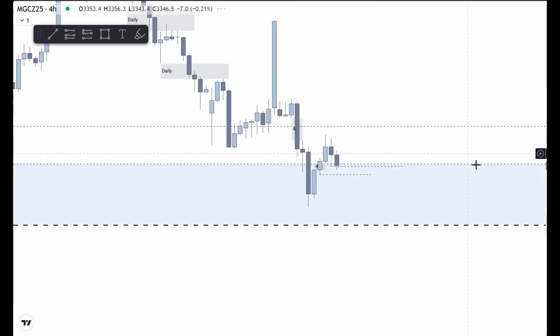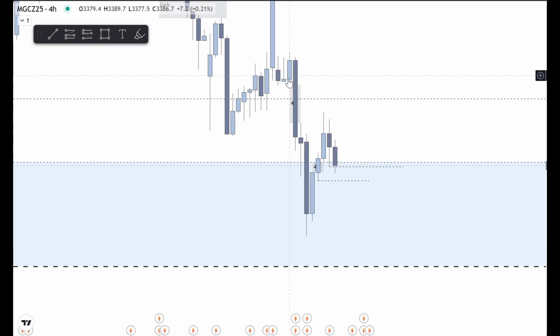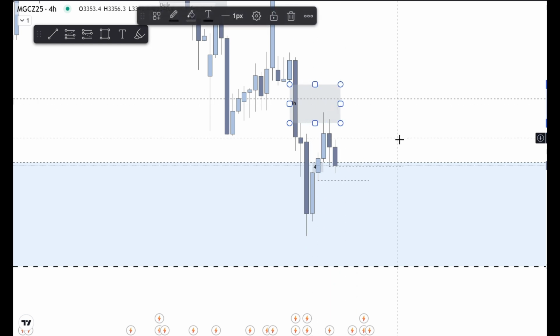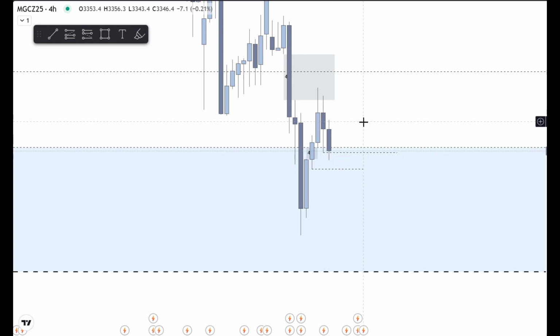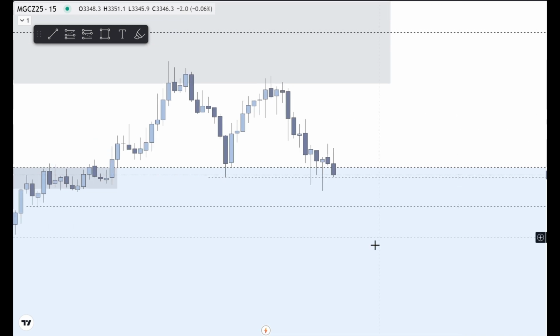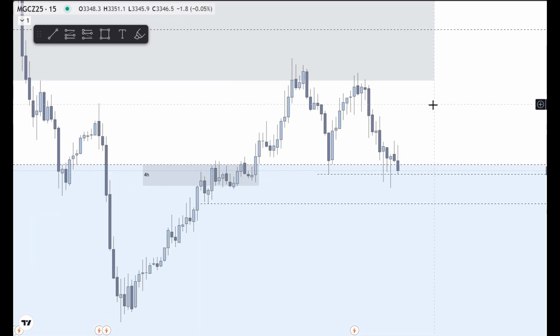So that's the daily, on the 4 hour, what can we see? We can see that there's this 4 hour fair value gap that currently is being respected by this two candle rejection. Now it's entering the area of opportunity. What I want to look for is two bearish order flow legs on lower time frames. So now for my entry, there's two options